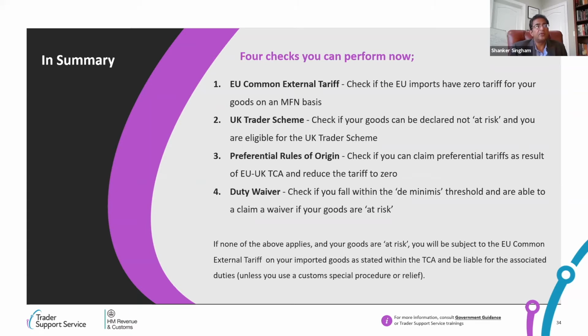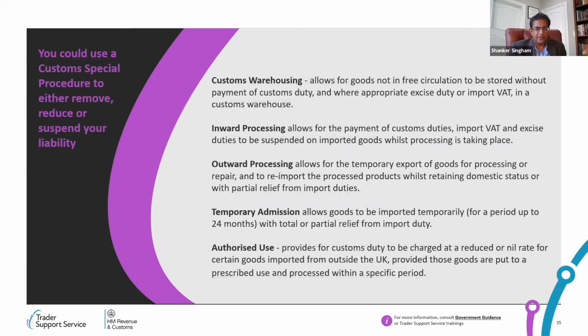You need to know if you're using RGR because you need to use a full frontier declaration for that. And you need to have evidence of your EU to GB movement. So if you are going to be paying a tariff and you want to use RGR, you need to do that. You need to think about that very early in the process. And if not RGR, then potentially all of these other special customs procedures. Now, in terms of the special customs procedures,